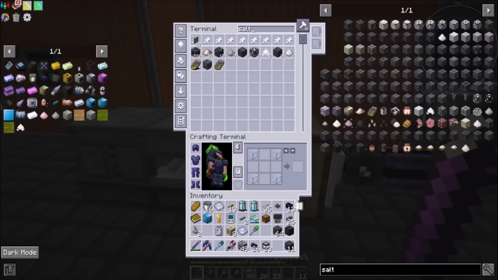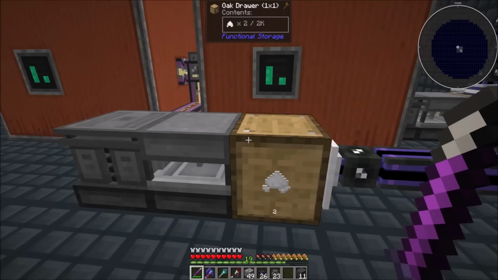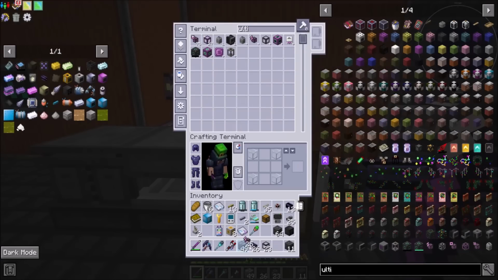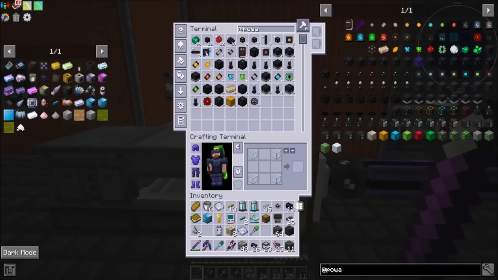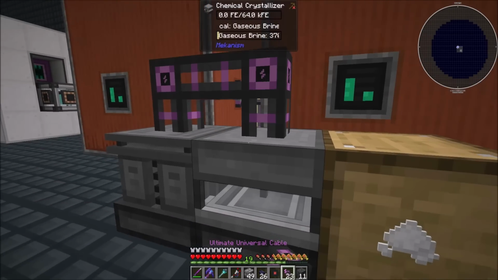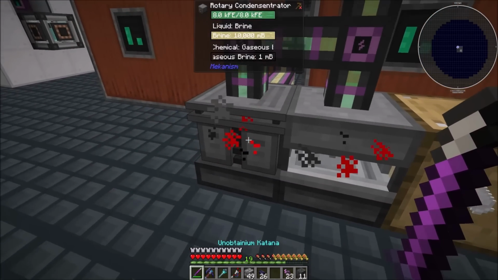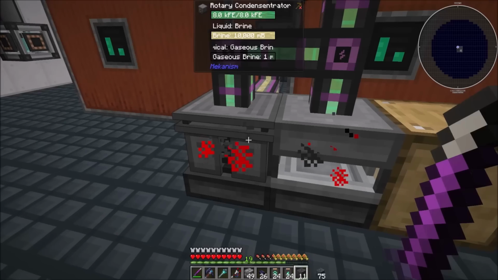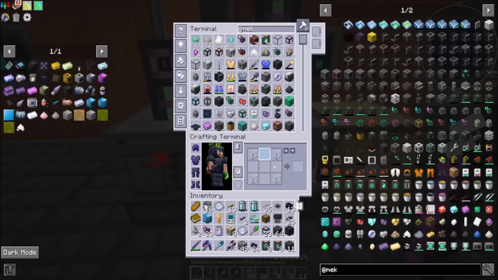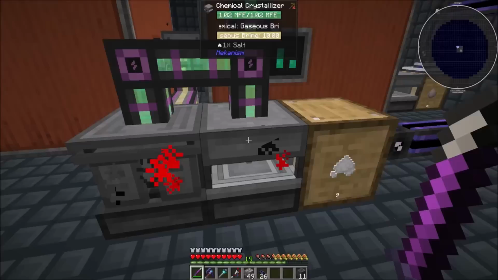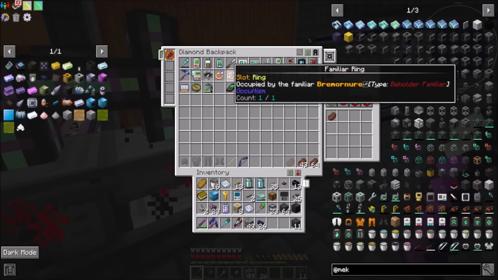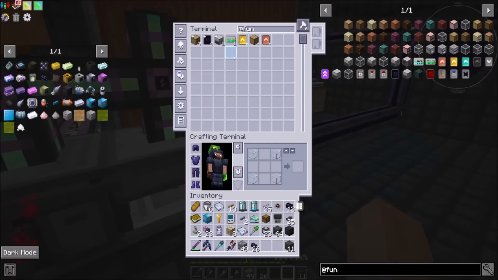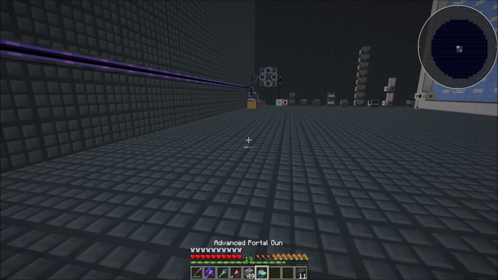Cool. So now if we look, we'll see salt from mechanism. Cool. And then we just need power. So, ultimate universal cable and power. Cool. And then if we wanted to make this a little bit faster, we could. Cool. And then I just want to lock you, but I'm not going to void upgrade you. I'm just going to let you fill up and then stop, right? Cool. Okay. So then back home,